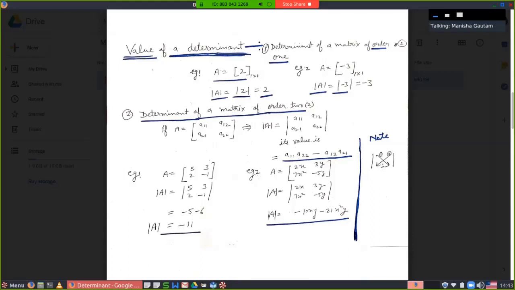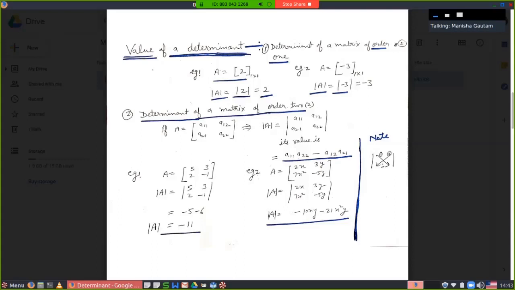How do we find the determinant of it? First of all, again write it in the form of determinant. Put the parallel line sign and write the matrix elements between the parallel lines. This is the notation of the determinant. Now to calculate the number, you have to use the cross multiplication method. Cross multiplication: first a11 multiplied by a22, then minus sign, a12 multiplied by a21, like this. In the note it is already written.